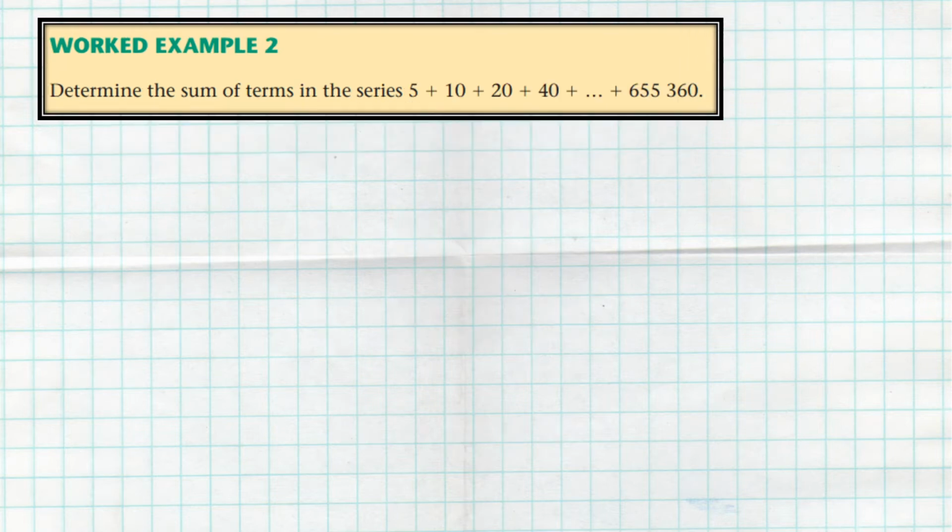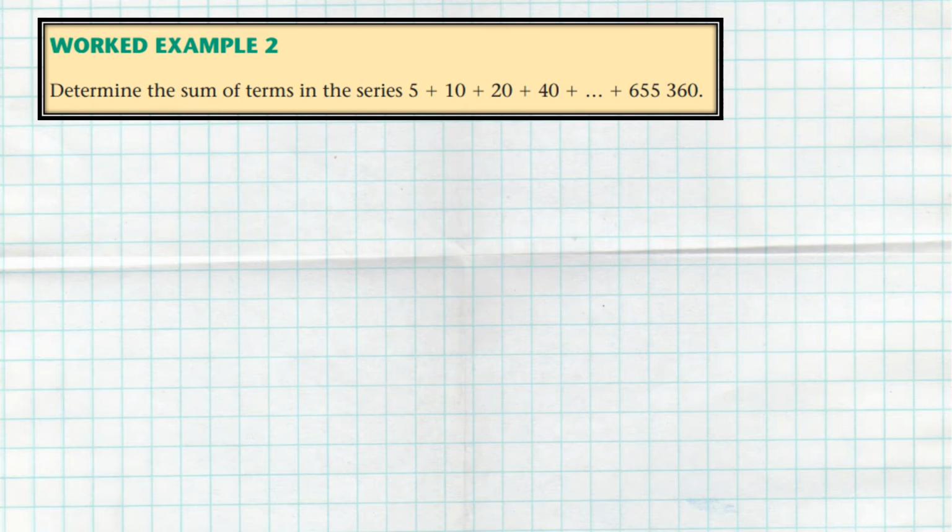Okay, let's look at worked example number 2. It's a different type of example. It's not the same as the one we did previously, because previously we knew n, right? We knew the number of terms that are being added. But sometimes they won't give you the number of terms, they will just give you a series and they say determine the sum. They said determine the sum of the terms in the series 5 plus 10 plus 20